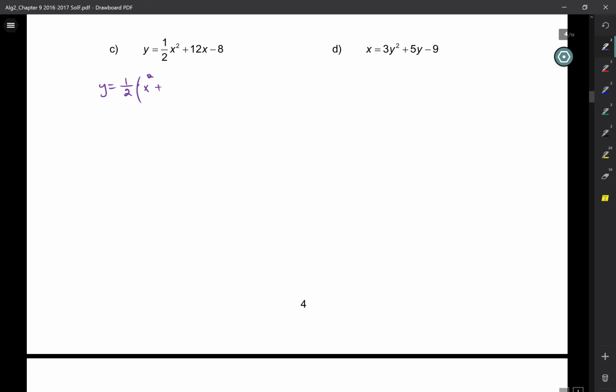Now let's think about factoring a little bit. So suppose I have 3x plus 6, and I'm going to factor out a 3. What am I really doing to the 3 and the 6? Dividing by 3, dividing by 3. So if I'm factoring out a half, then I'm doing 12 divided by a half, which is times 2, which is 24x. Okay? All right, so now it's going to be plus a number minus 8 minus half times a